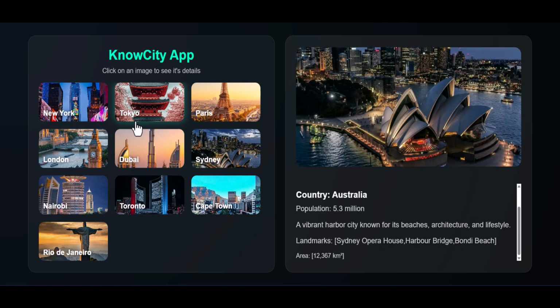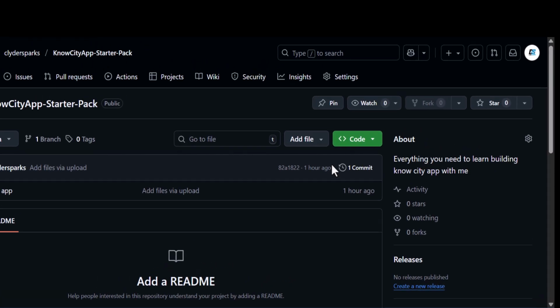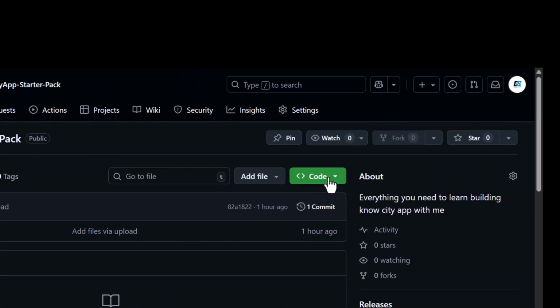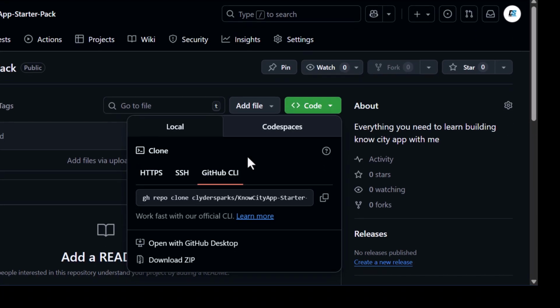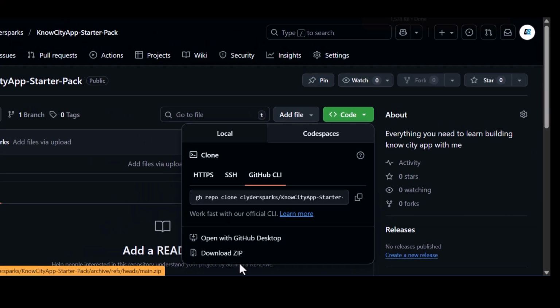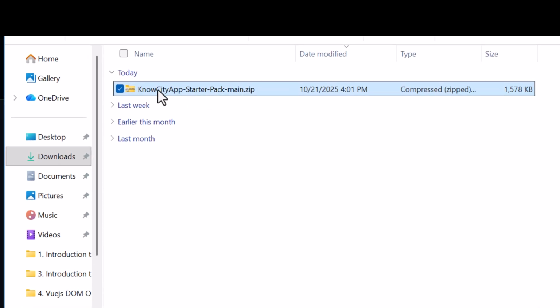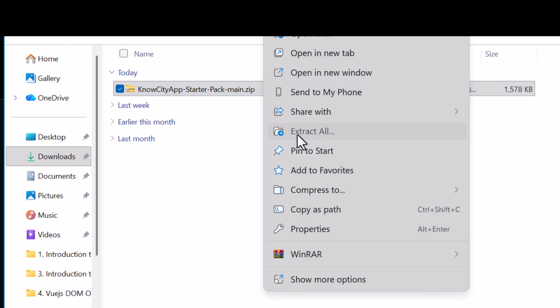So before we continue with this, I would like you to head over to my GitHub account, check the link down below, and head over to this green button called code, then click it, and you can see download zip. Click the download zip, and you're going to start downloading. Now, I want you to go to downloads on your Explorer, then you're going to see this folder, KnowCity app starter pack main.zip. Now I want you to extract,